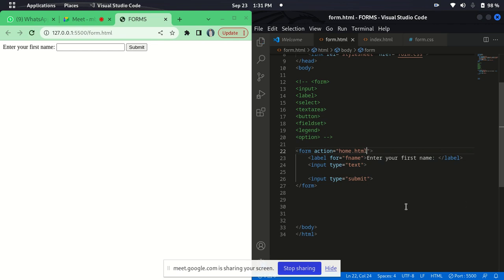We are telling it that once we submit, it should pass our data to this page. So let's try it here. If I type maybe Terence, and it's passing our data to this page, it is also changing to this page. Maybe if I take submit